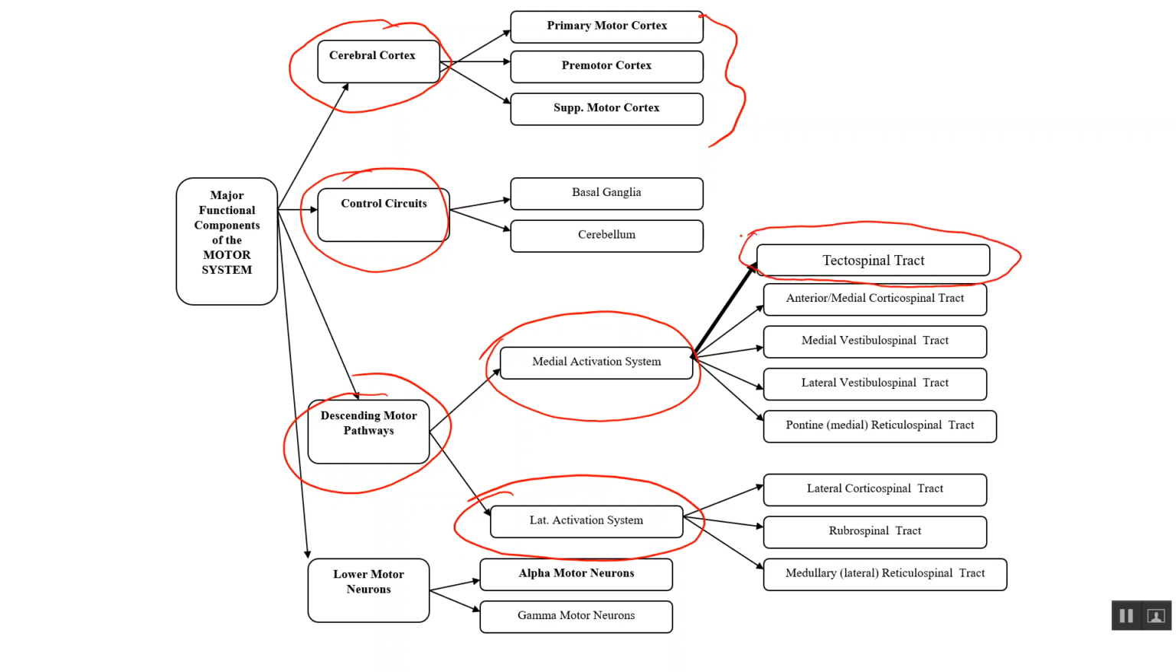This tectospinal tract, your 5th edition for sure does not mention it. Does your 4th edition mention the tectospinal tract? Did anybody see the tectospinal tract in the 4th edition? Don't remember, or probably not then. But there is a tectospinal tract, and actually, the 4th and 5th editions also do not talk about,